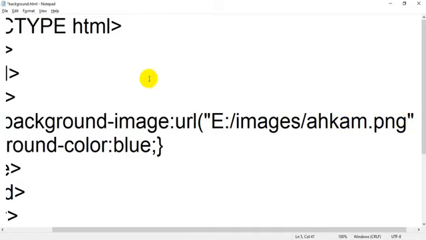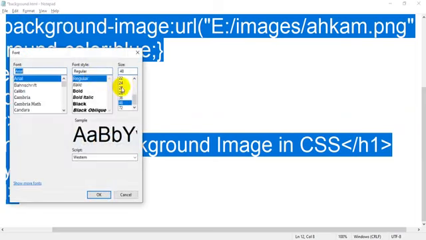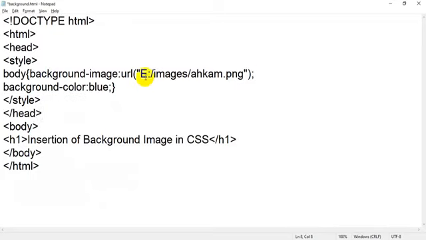So the only thing you have to do is just replace your backward slash with forward slash. This is the forward slash, E colon forward slash. Then after images again one more forward slash, then acom.png. Now save the file.